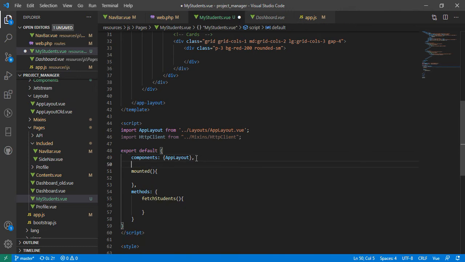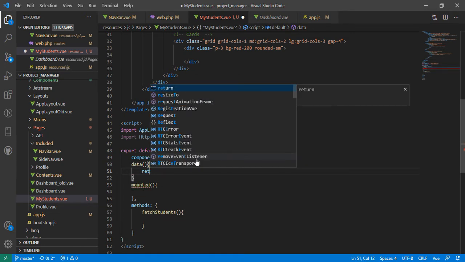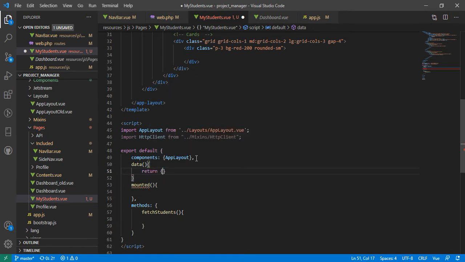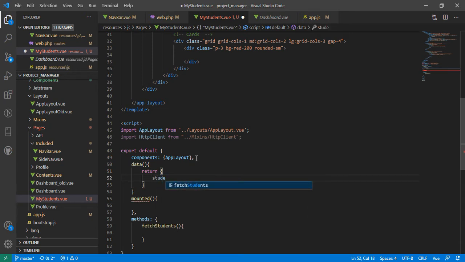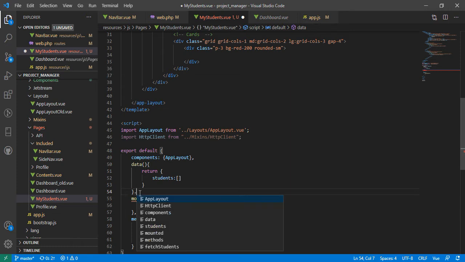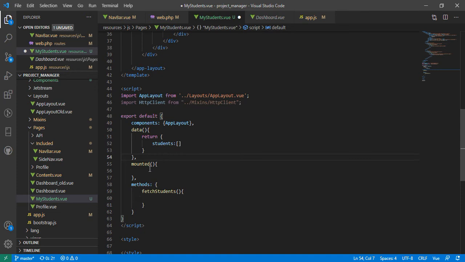Now here on my data method, I'm going to return students as an empty array. Okay, and I return students as an empty array. Sorry for the mix-up. Now on mounted, when the component is mounted on the page, I'll simply fetch the list